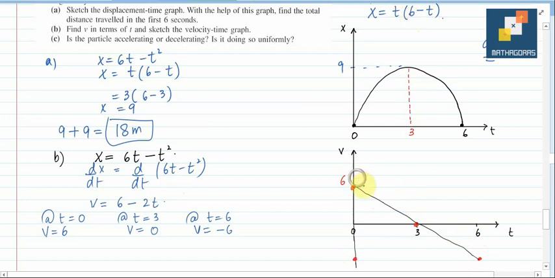Alright, so that's how your velocity looks. And you can observe that at 3, when you have maximum distance, the velocity is 0. Why is it 0? There is a straightforward logic here. Let's suppose this is a distance-time graph of a car, right? When the car reaches this point, its velocity will be 0, because it's a maximum point, and after that it will be in a decreasing pattern. That's why velocity is